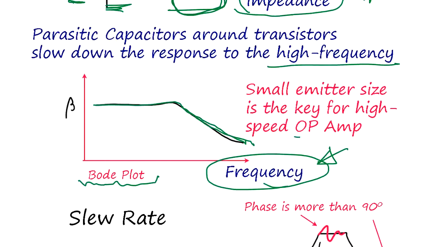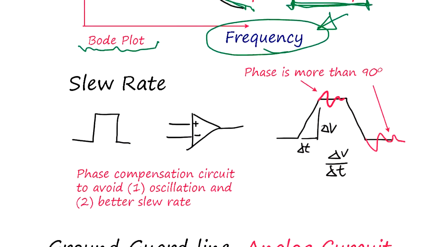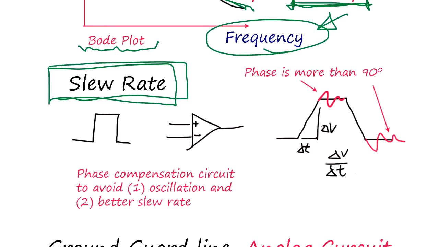But let's see, when you handle the higher frequency, the emitter sides become critical. Okay, that's what you have to remember in the IC chip design. And there's another consideration, which is called the slew rate. The op amp, if you look at the data sheet, they talk about slew rate, and what it is